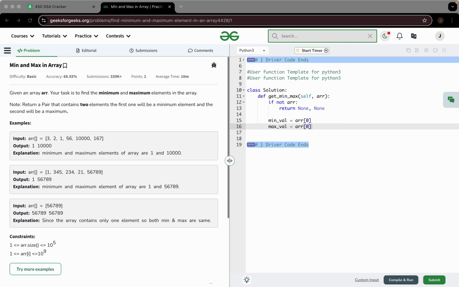It is just to start by assuming the first element is both the minimum and maximum value from the array. In the next step we have to iterate through the remaining elements, that is